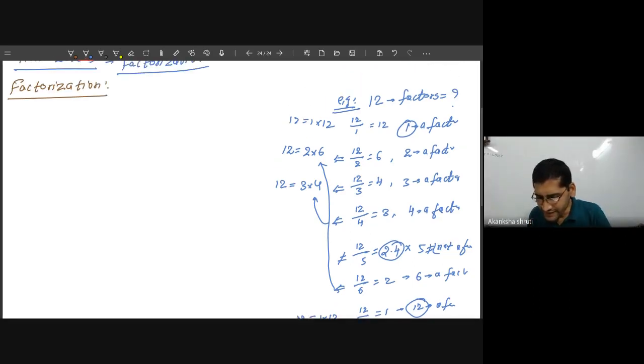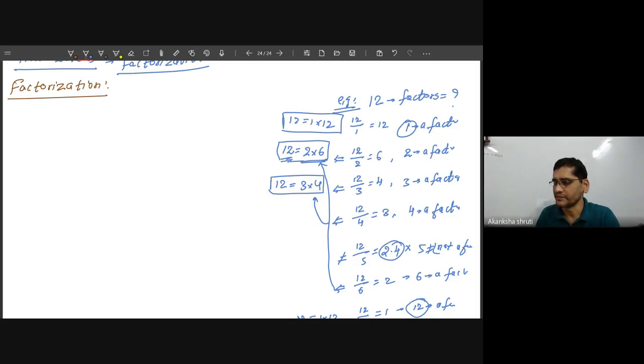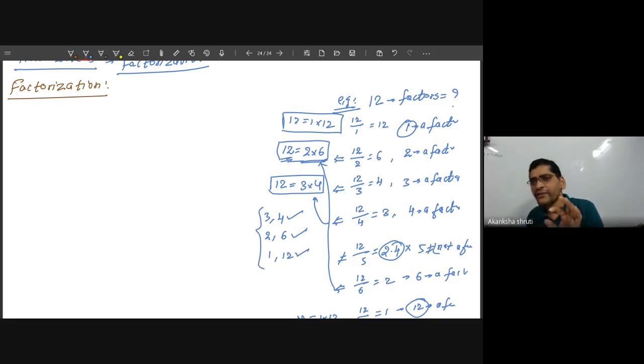So here what we are getting, students, whatever number is given can be written as the product of two other numbers. So 12 can be written as the product of 6 into 2, or 3 into 4, or 1 into 12. So these are the pairs of factors. Whatever 3, 4 we are choosing, it is one pair. The other, 2 and 6, is another pair. 1 and 12 is the other pair. Okay, students? So these are the factors.